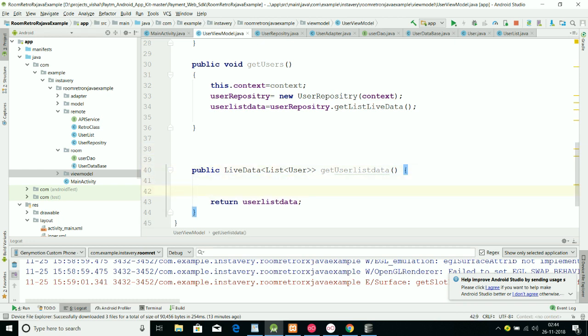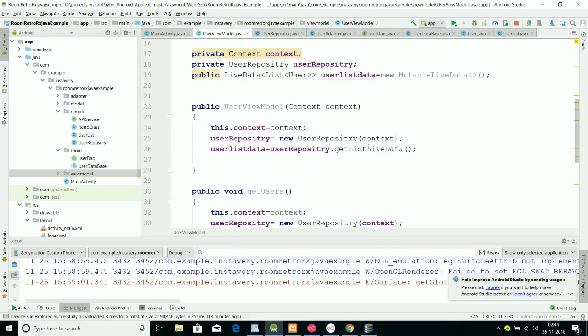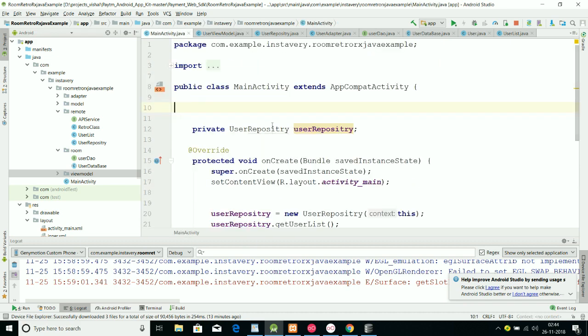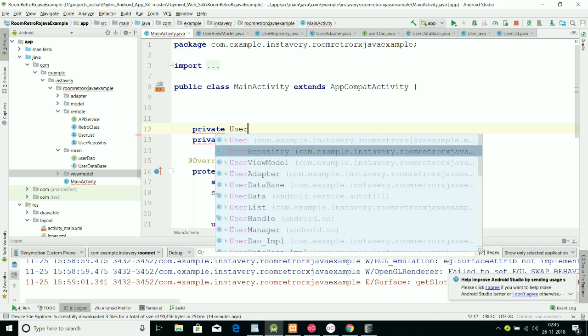Or if you want the user list data, you can follow the same rule on your set getters. Okay, so you can call this on your main activity. You can remove this user repository, or you can put this here on the model, but at this time I'm just showing you that because we can already get access, so no need of this again. So you can use the checks or boolean checks once you retrieve your data. Okay, so at this time I'm using a user view model,